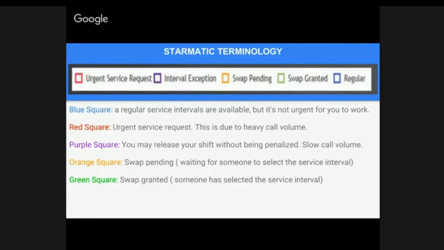So definitely with the purple squares, if you're sitting there bored, twiddling your fingers, and your friend is like, hey, let's go to the mall, you can go ahead and release those squares, grab your purse or wallet, and head on out the door. Now, the orange square, that is what you will see whenever you swap any of your